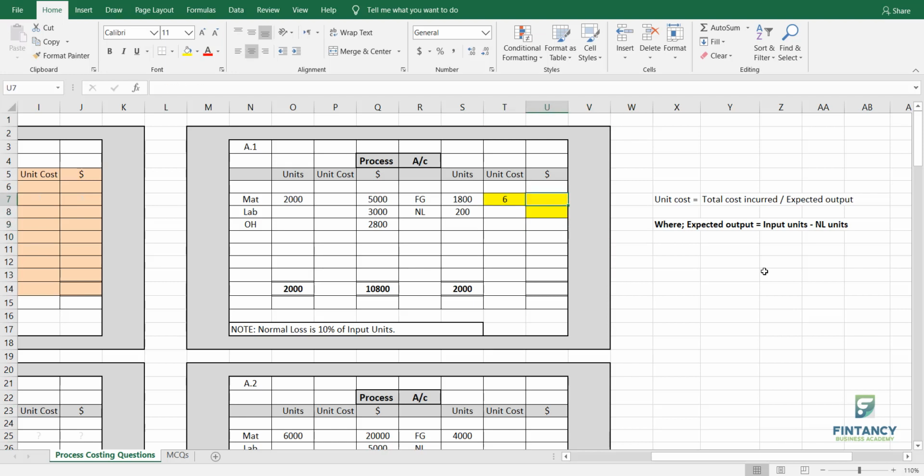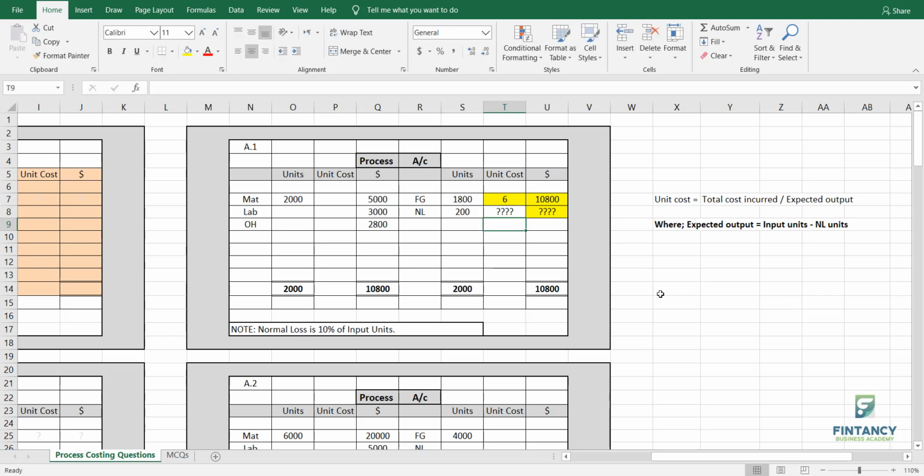If you need the total cost, what you will do is just multiply this 1800 with the 6. So this 10,800 is your cost of finished goods. If you see, the total is matching or not? 10,800 on the credit side and on the debit side also 10,800. So this is the rule in the T account approach, that both sides should balance, right? It means that what will be this figure here?